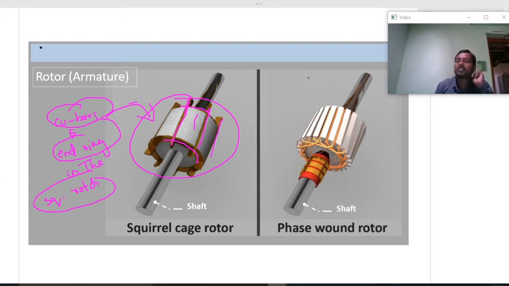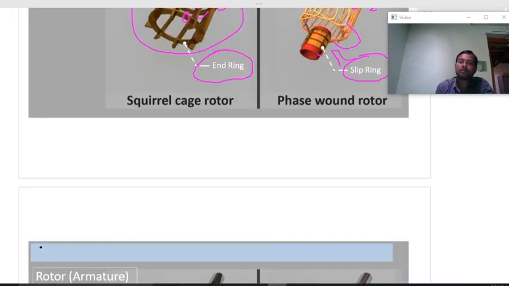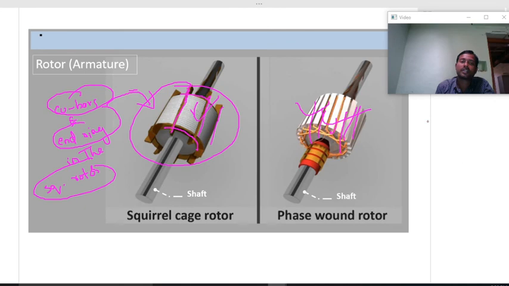If you insert the three-phase winding in the slots of a wire wound or phase wound rotor, the setup becomes like this. This is the complete construction of the squirrel cage rotor and the phase wound rotor. I want to say one thing, as I forgot one important point. Look at these laminations. These copper bars are not parallel to each other. For example, if you take this rotor, these copper bars cannot be placed like this.